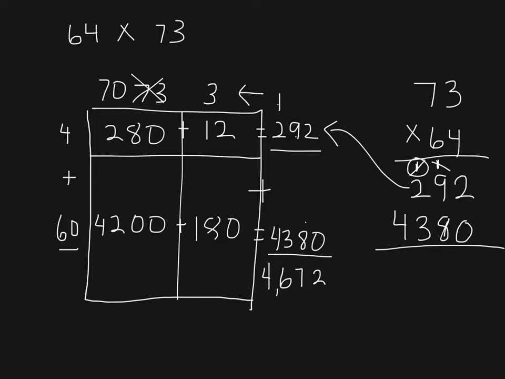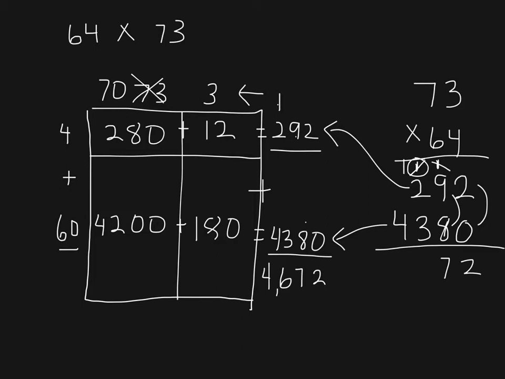And now I'm going to check and make sure I got the same partial product, and yes I did. Now I'm going to add my two partial products together. 2 plus 0 is 2, 9 plus 8 is 17, and I have to regroup again. So I'm going to carry that 1 over. That's 17 tens. So I have 107 tens, and I have to put that 1 up here in the hundreds